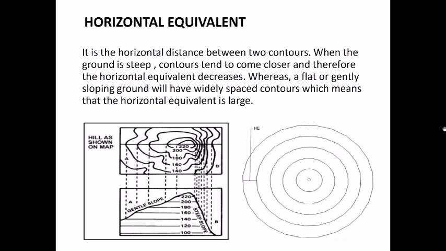So the next definition that we are looking at is horizontal equivalent, and this is something that we have discussed before. Horizontal equivalent is the horizontal distance between two contours, and when the ground is steep, the contours tend to come closer, and therefore the horizontal equivalent decreases. Whereas a flat or gently sloping ground will have widely spaced contours, which means that the horizontal equivalent is large. So that means that when the ground is plain,